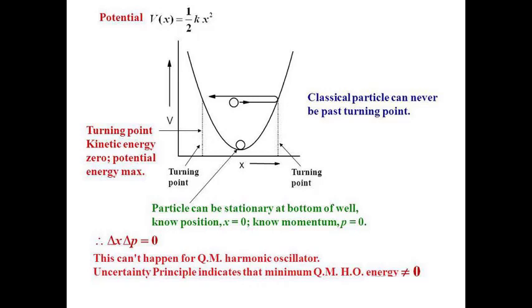I already told you that there is no chance of the particle becoming stationary. Why do we say this? If x equals 0, then the momentum p, which is equal to m times v, is also equal to 0, because velocity is distance divided by time taken. If you consider the position x equal to 0, then v will be 0, and definitely the momentum p is also 0. So while using x equal to 0 and p equal to 0 in de Broglie's hypothesis,